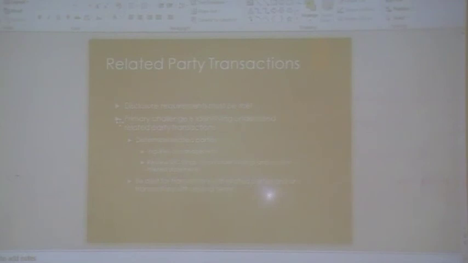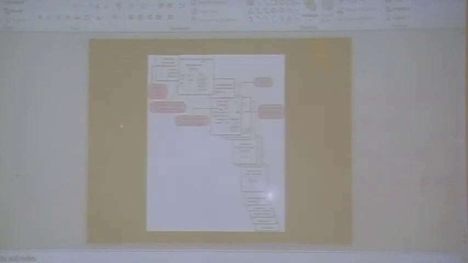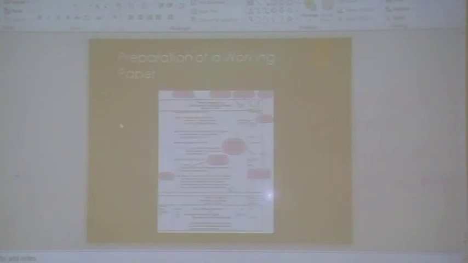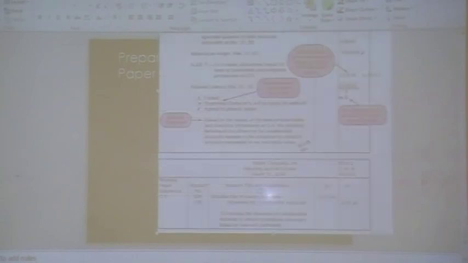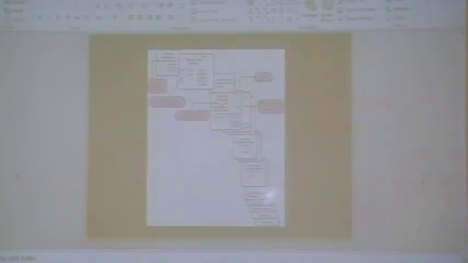Okay, and see the next page there. I know it's very tiny. Okay, if you look, see the bottom one there, preparation of a working paper. See down the bottom, there's actually a little place. I don't know if I can make that bigger. That can be made bigger. Oh, there we go. Can we get that printed in the bigger one? Yeah, what I'll do, I'll get it printed out. That's better now, isn't it?